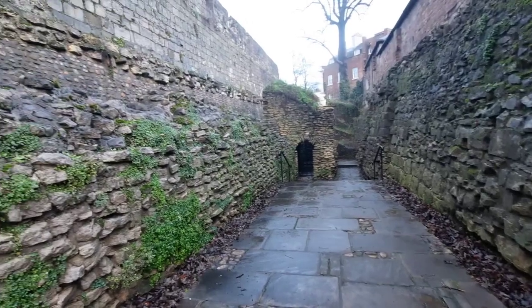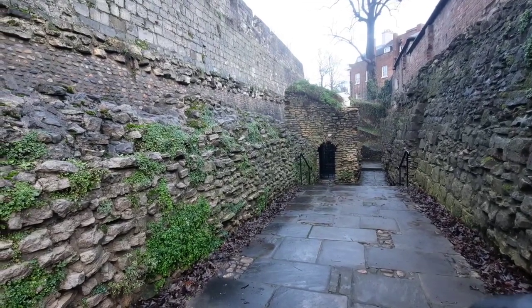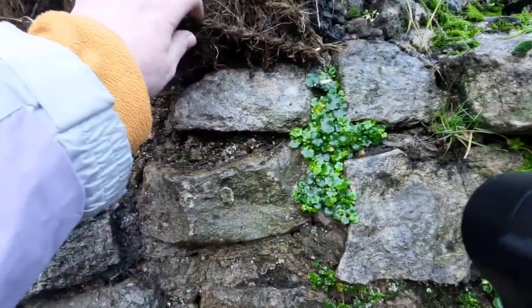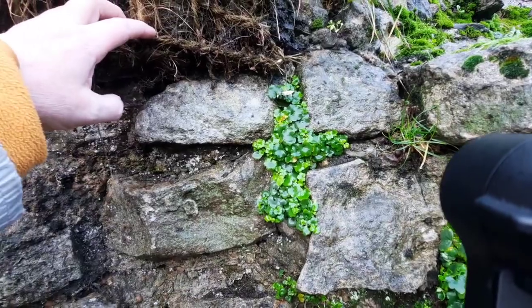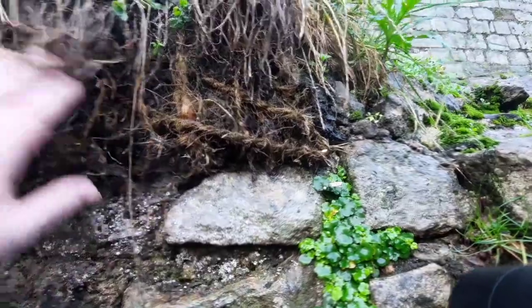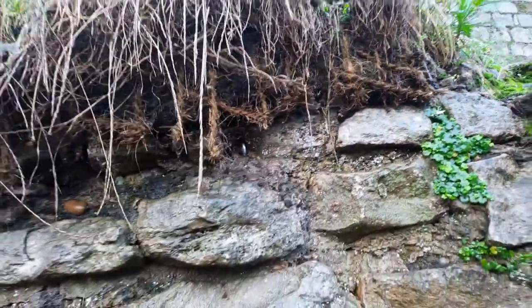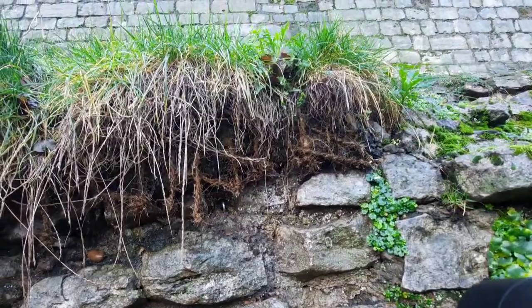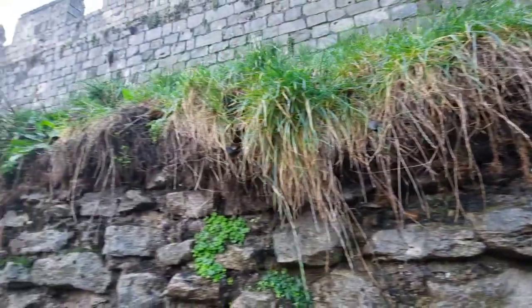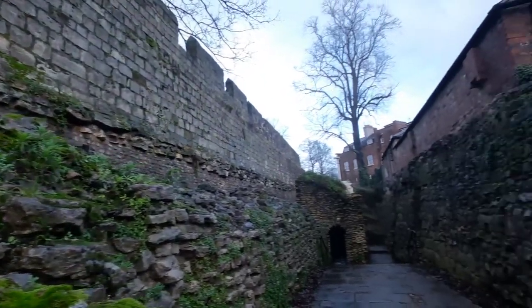And you may be able to see at the top of the interval tower, it looks as though there's a lot of moss, etc. growing. Well, in fact, what they're doing, and I can show you it here, they put this in last year. Can you just see that there's netting there? They're doing this hoping that it will actually protect the top of the walls. Now, they haven't done it all along, but they have done it in certain sections. So we'll see if that does actually work. Hopefully it will. But I mean, it's been here for nearly 2,000 years, so...